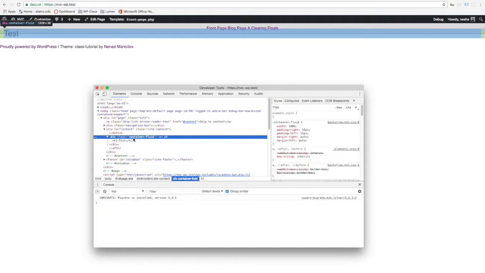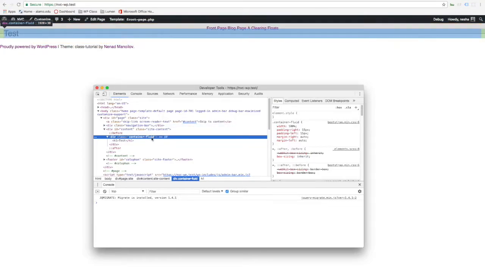One thing that Bootstrap does is add padding, so it's not really full width. It adds a little bit of padding left and right, and this is because it's meant for content, so you don't want your fonts, your words, to be all the way to the edges. But in our case, for this section right here, we want to have full width, so we're going to have to remove this. We could edit the container-fluid class, but we would destroy any future use of this class. So we want to add a custom class to this element, so we can target just that, not the general container-fluid